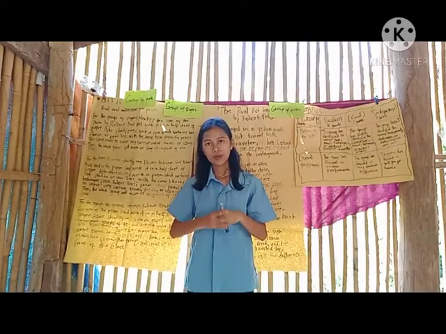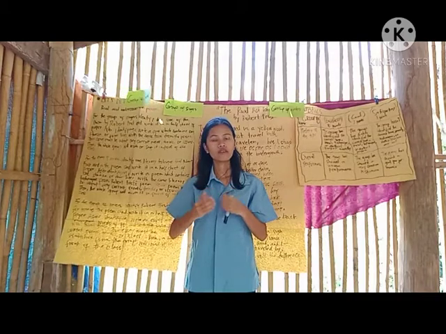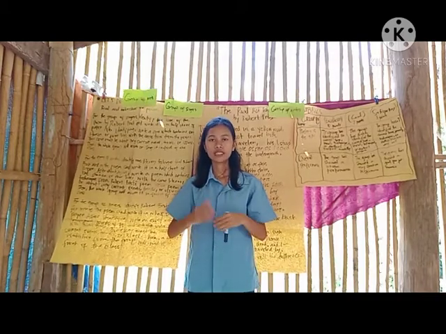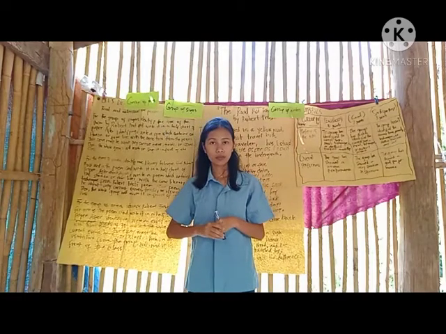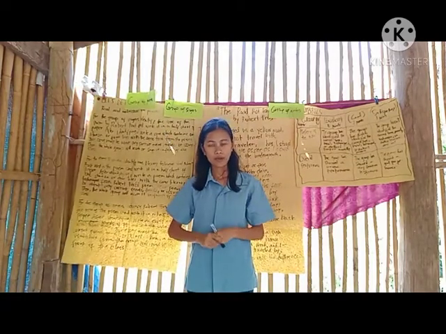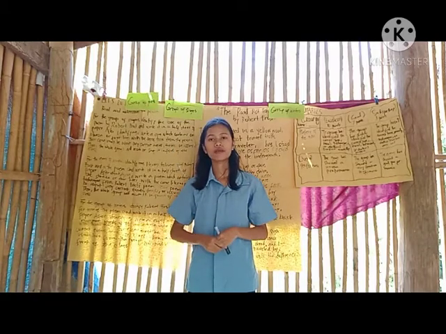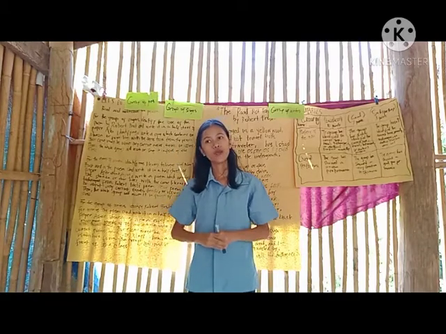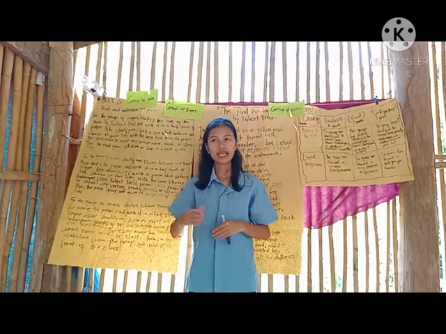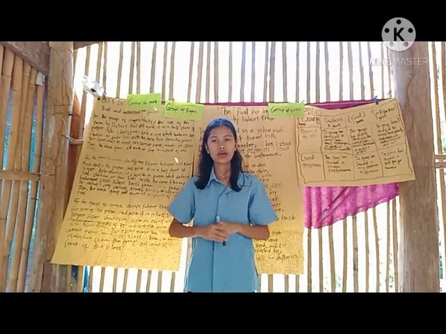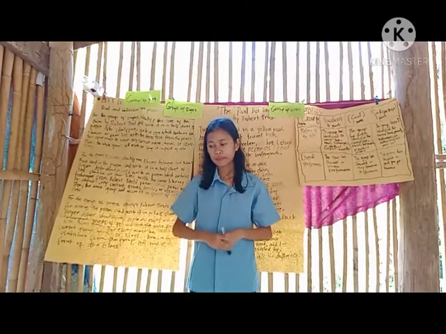So you have the chance to choose what group you want to be in. But a group must only have 10 members at maximum, and if it reaches or exceeds the maximum number of members, then the other members are obligated to transfer to another group so that we could maintain 10 members per group. And every group can choose the area inside the classroom where they want to work. Okay, now